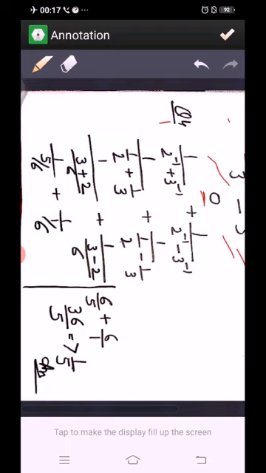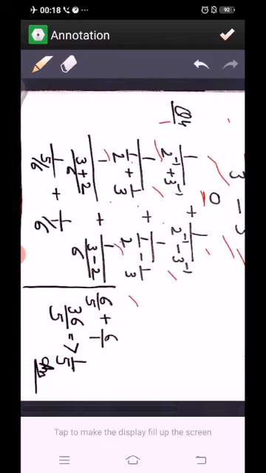Now question number 4. 1 upon 2 power minus 1 plus 3 power minus 1, plus 1 upon 2 power minus 1 minus 3 power minus 1. So first of all, these negative powers we will make them positive. By changing their place, 2 power minus 1 can be written 1 upon 2 power plus 1, that is 1 upon 2. Similarly 3 power minus 1 will be written 1 upon 3 power plus 1, that is 1 upon 3. Same thing we do in this part also.